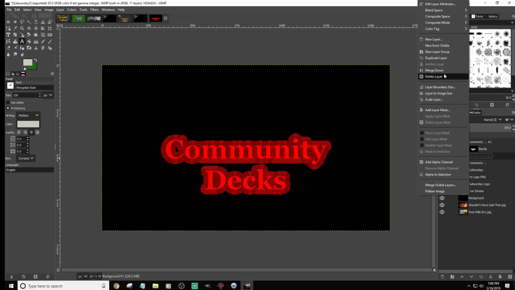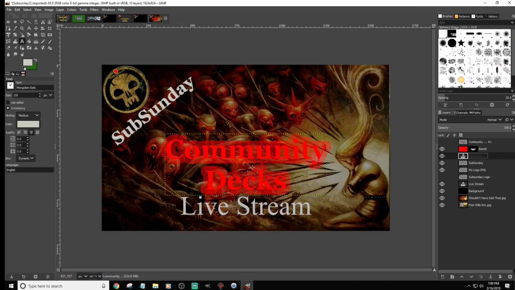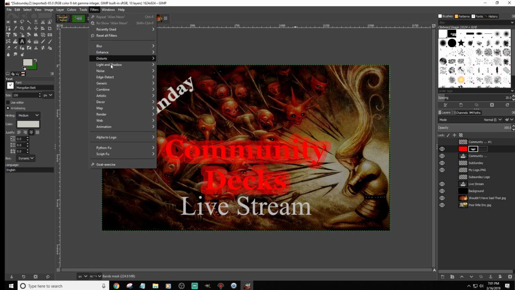And again, these are just different effects. You can use these however you want to. You can merge them up and down. You can just pretty much do whatever you want. I highly recommend you guys play around with this and learn all the different effects. There's tons of filters here that you can use to change your different